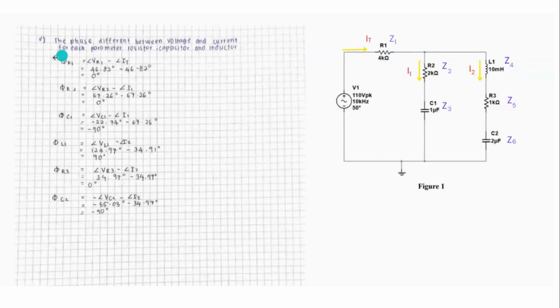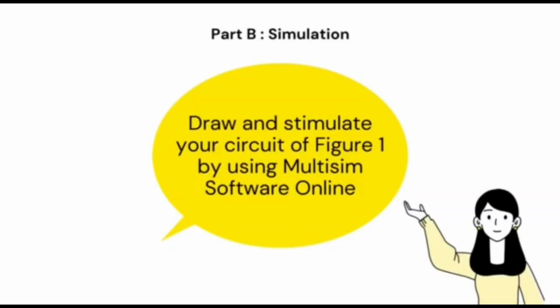So for the phase difference at R1, we must take the voltage at R1 minus the current at R1, which is IT. It's the same with R2 and C1, where we use I1, and with L1 and C2, where we use I2. We do the math and we get the answer. That's all. Thank you. For part B, simulation, the question asks us to draw and simulate the circuit of